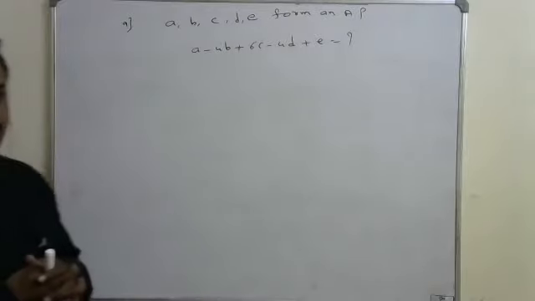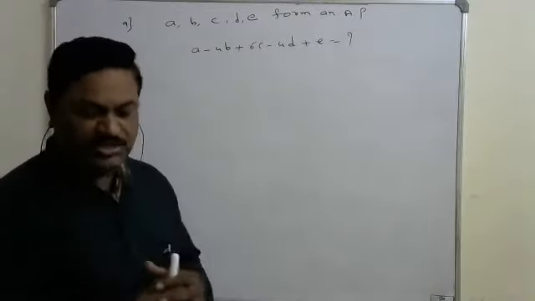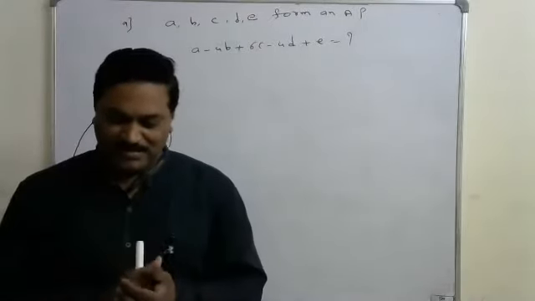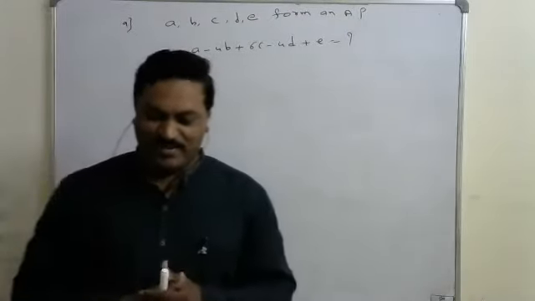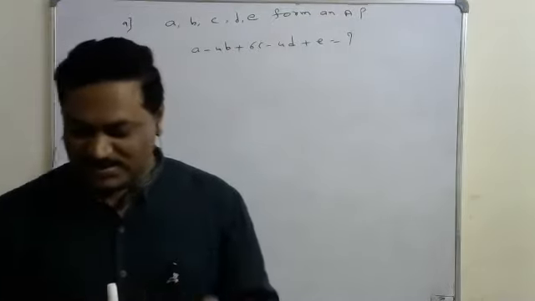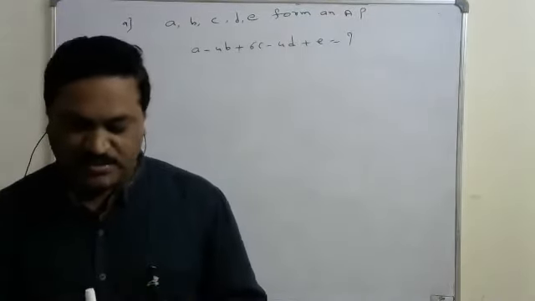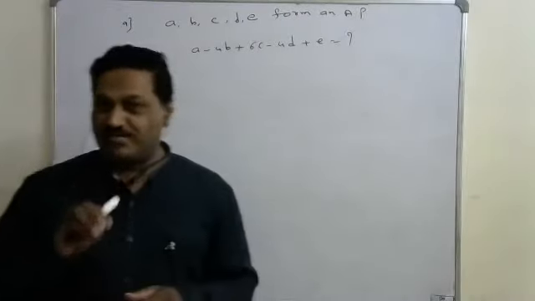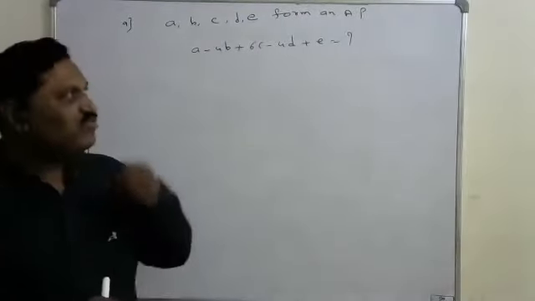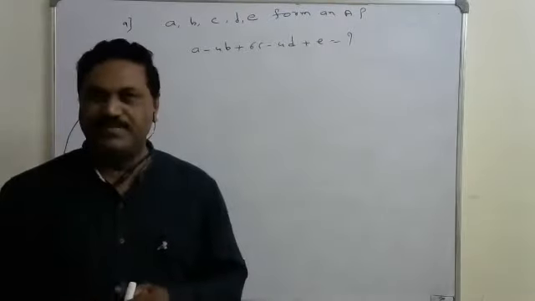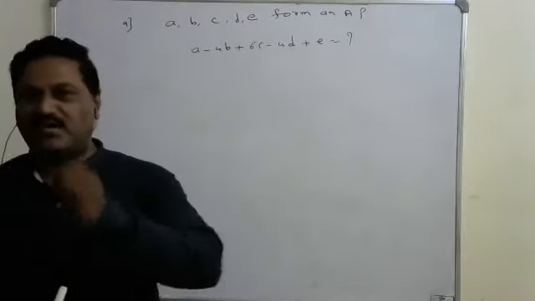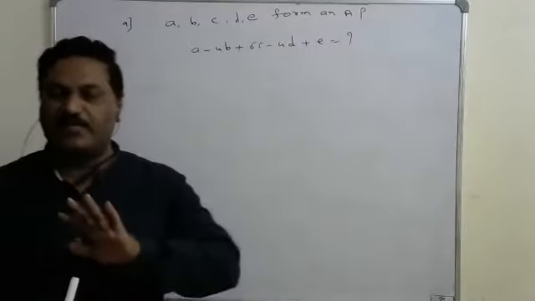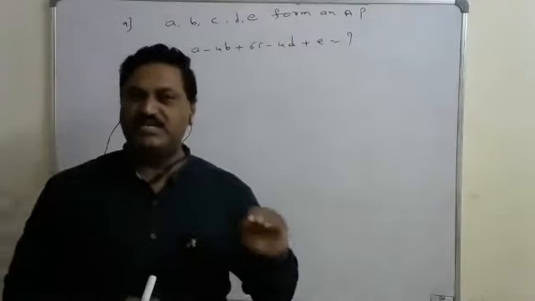Okay, good. If you observe the options, how are all the options? Just look at all the options once. In all the options the answers are constant, right? 1, 2, 0, -1. Yes, sir. That means whatever the values of A, B, C, D, E, we have to give the constant answer, that is the same answer only. That's why the answer doesn't depend upon the value of A, B, C, D, E.